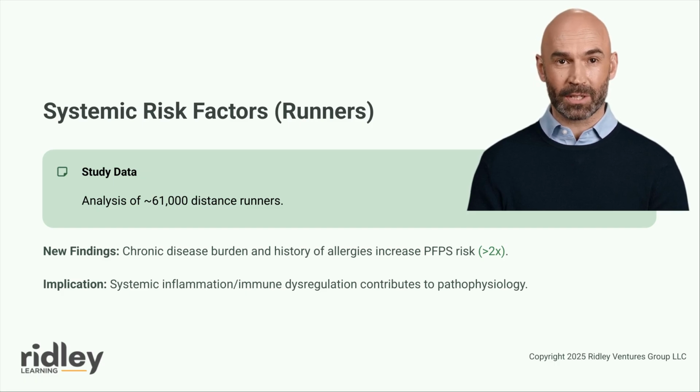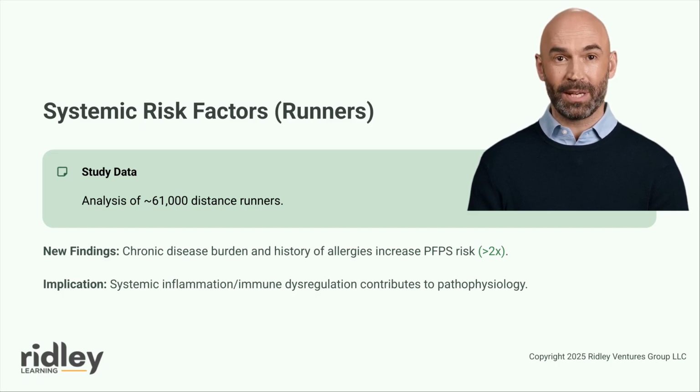Large-scale epidemiological studies of recreational athletes provide population-level data that complement clinical cohort studies. Maringer and colleagues conducted a cross-sectional analysis of 60,997 distance runners entering the Two Oceans Marathon races between 2012 and 2015, identifying 362 participants with a history of patellofemoral pain in the preceding 12 months. This study revealed novel associations between patellofemoral pain and systemic health conditions that expand our understanding of risk beyond traditional